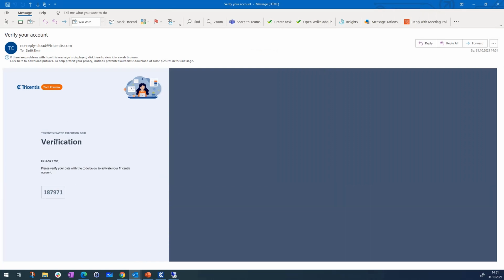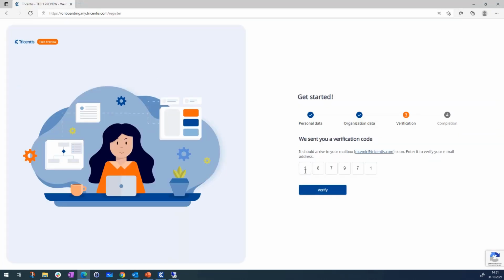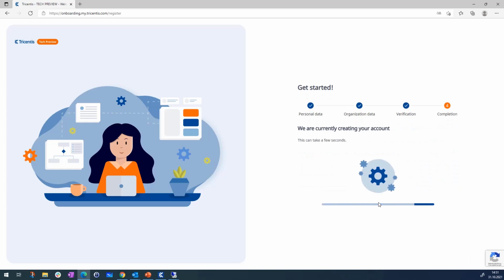You will receive it from us. This is a verification code. By double clicking on it, you can copy it and paste it directly here into the verification code area. After clicking on verify, it takes a couple of seconds. We are creating then your own area, means